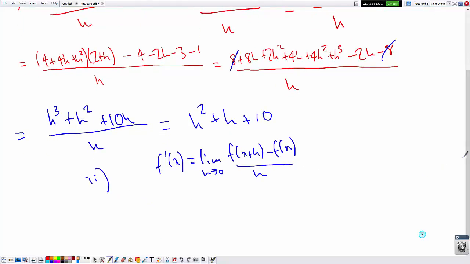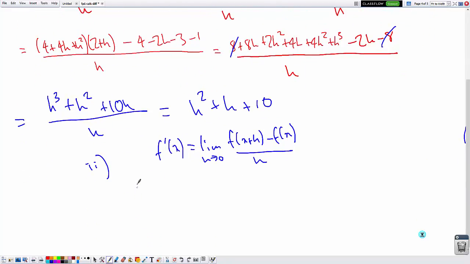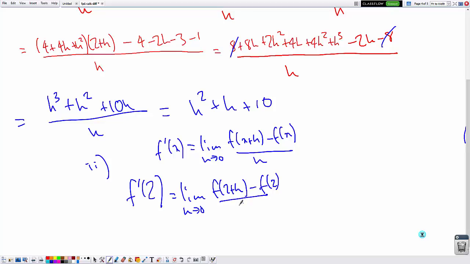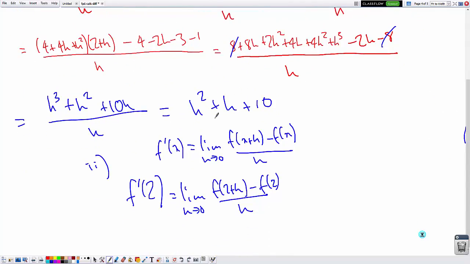So we're working out the gradient of the tangent at point 2. Well, so I'm working out f prime of 2. So that's not x, that's 2. Well, that is the limit as h tends to 0 of f of 2 plus h minus f of 2 over h. But I've already worked this out. We've already got that. So look, that's the same as that. That's the gradient of the chord. We've already worked that out. So this is the limit as h tends to 0